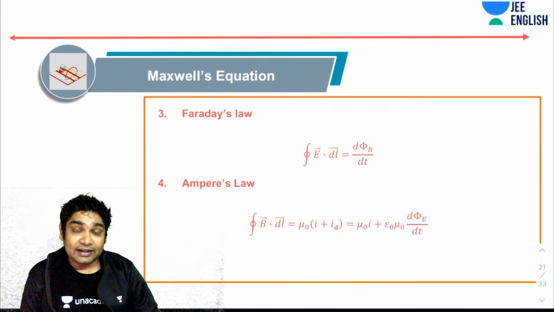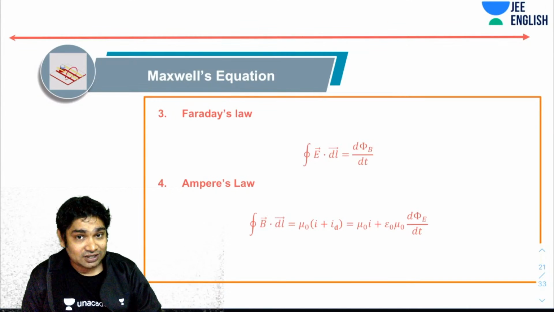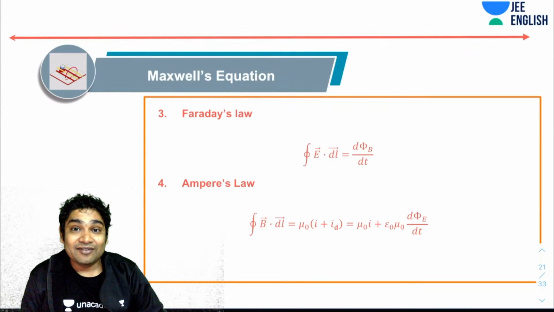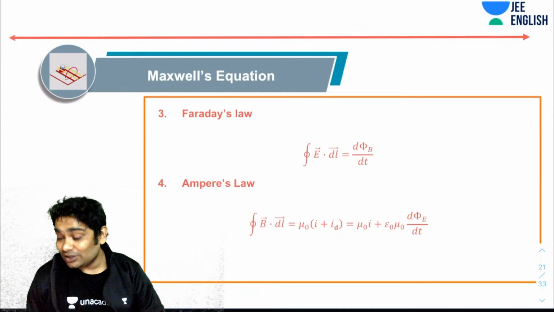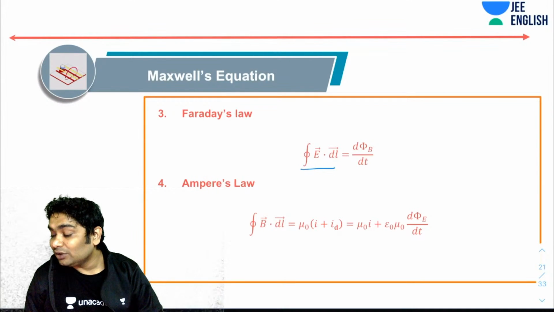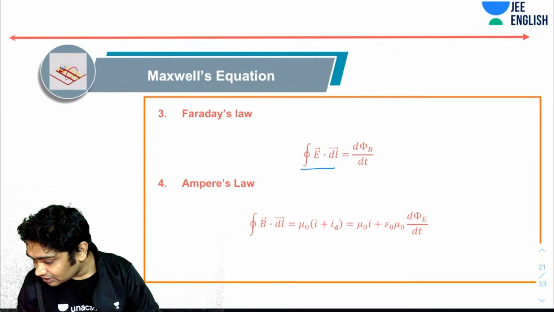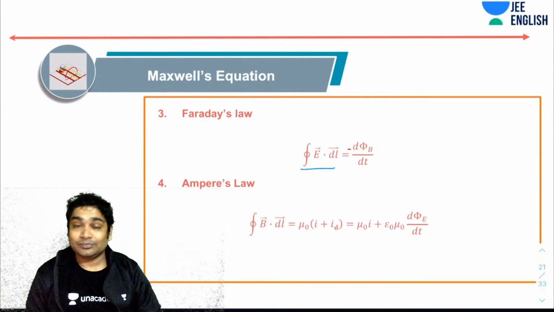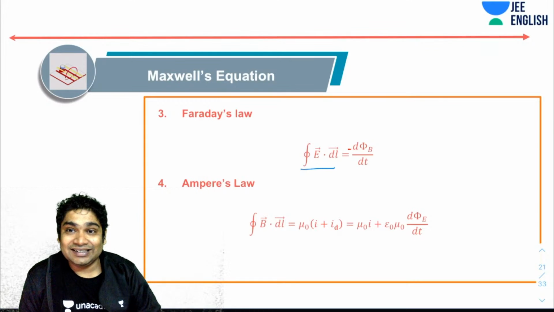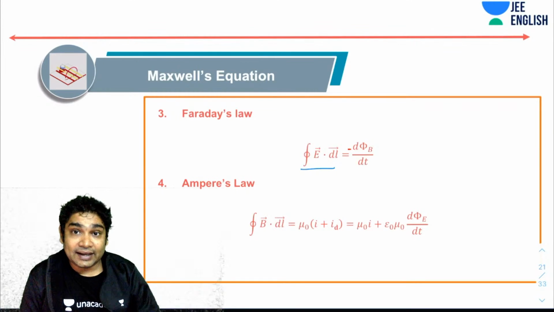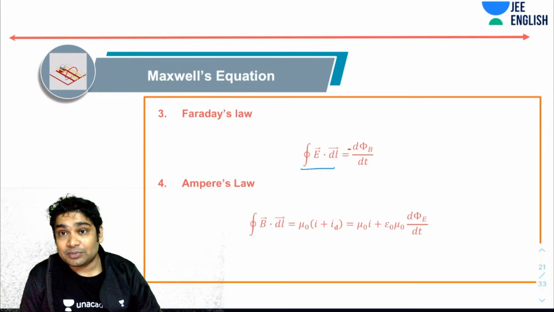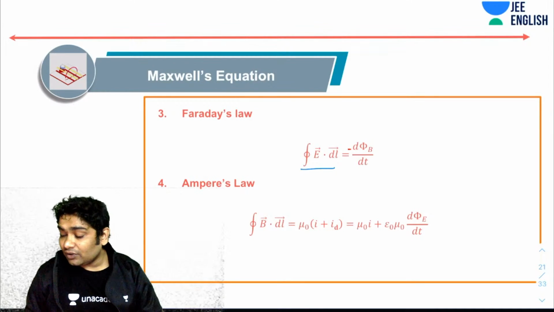Now, the third equation that Maxwell suggested, another fundamental equation, was Faraday's law. Faraday's law tells you that the closed integral of E dot dl is equal to minus d phi B by dt. There should be a minus sign which is missing. Okay, so that is another fundamental equation. Again, you will never have any exceptions to this. And of course, the fourth equation was